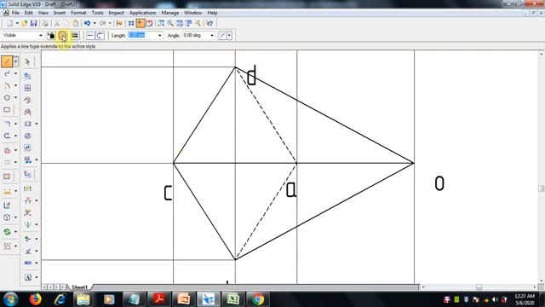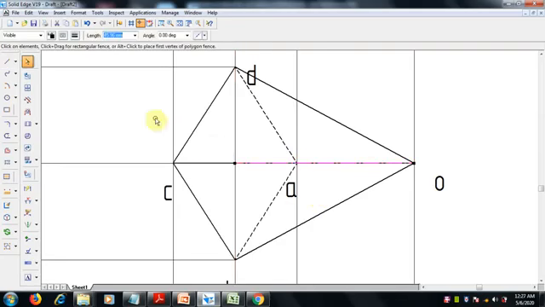Select line, select center line, and select this intersection. So from here to here, axis. Now actually the axis is here, it is a visible line, so we cannot see it.